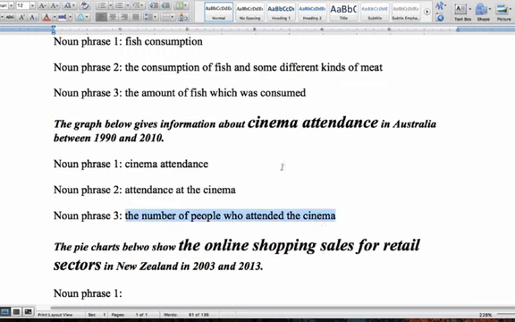So noun phrase 3, when you're dealing with people and when you're dealing with money, you need to put that word in. We will see a few examples of that. In this, we didn't put any new words in, but often when it's people and money, we put that in. And then, of course, notice it's not passive, it's active, because the people are there in the sentence. So they did this. So we use active voice, not passive. Here, the fish did not eat. The fish did not consume. Somebody else ate the fish. But here, the people attended. So it's active.